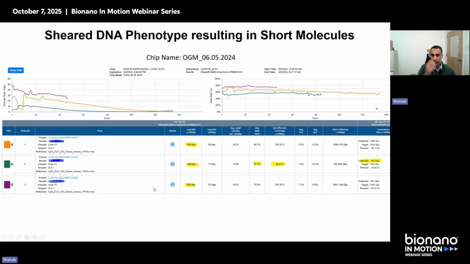This is an example of where you might see a sheared DNA phenotype. Because we're extracting ultra high molecular weight DNA, you have to be very, very careful that mechanical shearing is minimized, and that wide bore tips are used, as you might be aware. And if you see that occurring, again here in flow cell 2, for example, we're seeing the N50, the median length, being lower than what we want to get, around 230 or